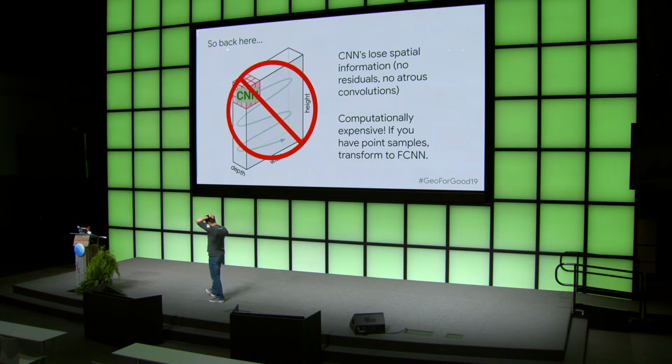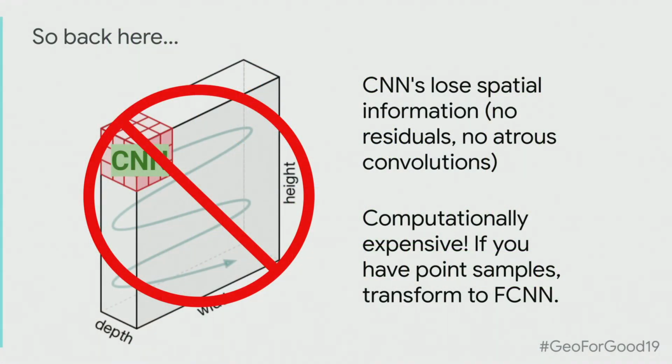So, okay, that being said, and my little anecdote included, back to this thing, why don't we just take a CNN, stride it all over the image? This is a great idea. And we're not talking about these residuals or these Atrous convolutions that allow us to build accurate FCNNs. So that's actually the first problem, is that because we've thrown out so much of the positional information, who knows what we're actually predicting is what we want it to be. Oftentimes, if you're predicting some class, there's a lot of that class at the center of the image. So you're losing fidelity. But more importantly, this is just ridiculously expensive.